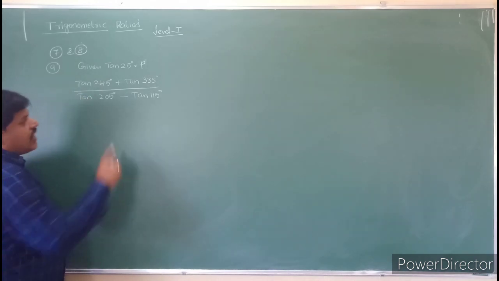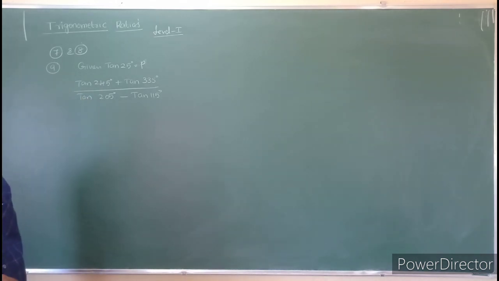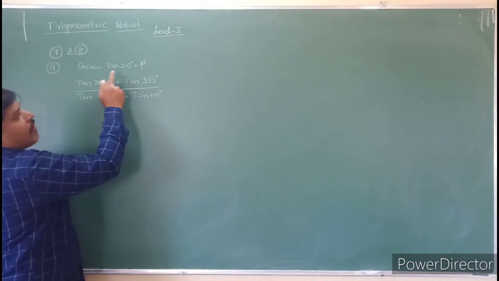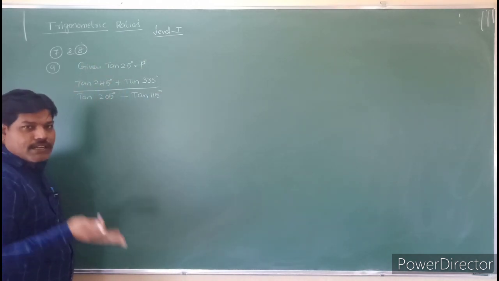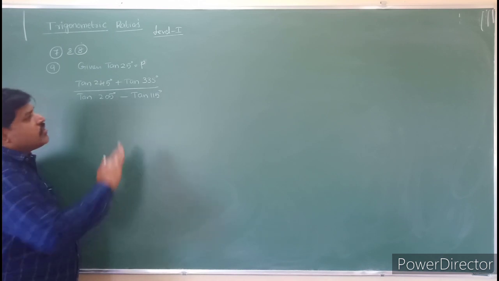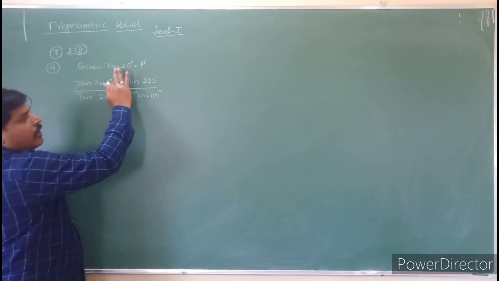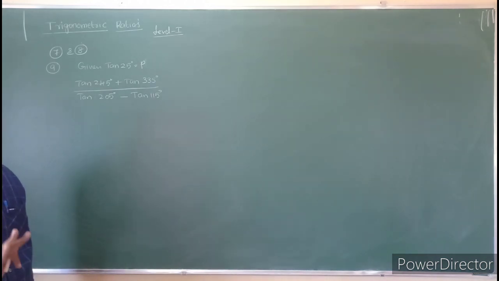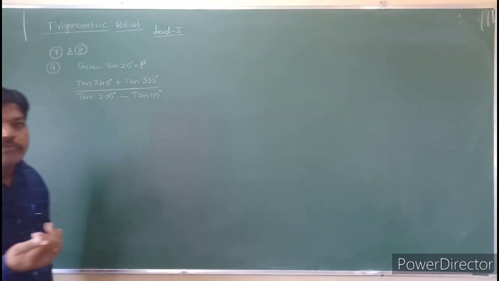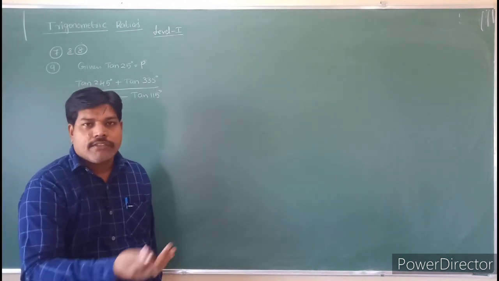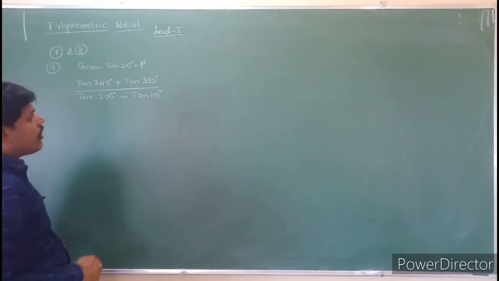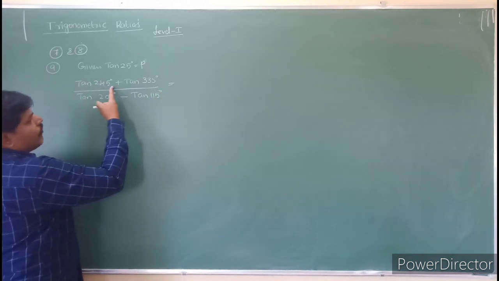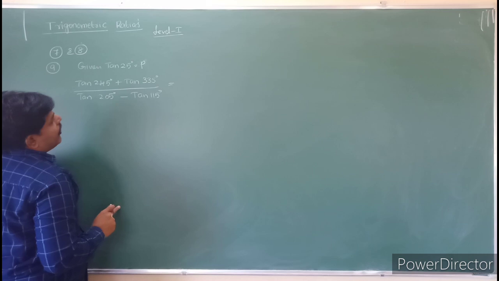Tan 25 degrees is equal to P, they have already given this. They are asking for this value. So all these values you have to convert into the form of tan 25, because the answer is in P only. That means you have to convert each term into tan 25, then automatically all the terms will be converted into P, and then you will get the answer. Okay, so first, how can you convert this one? See students, tan 245, how can you write this one?